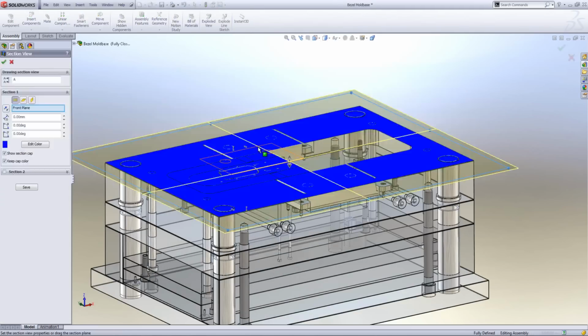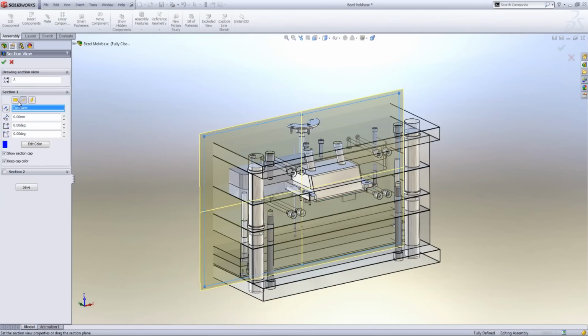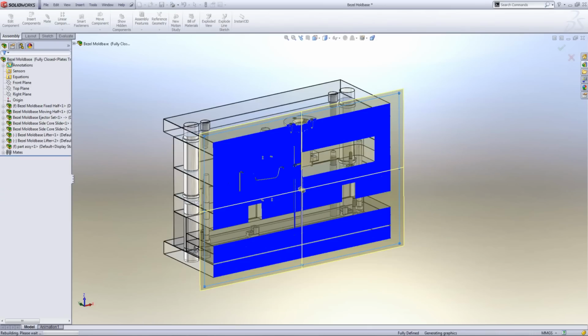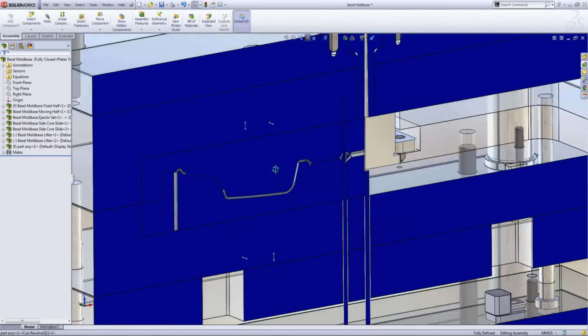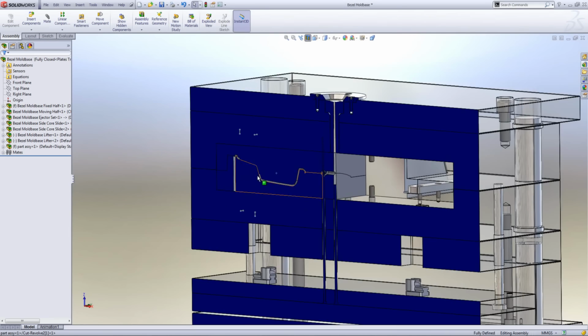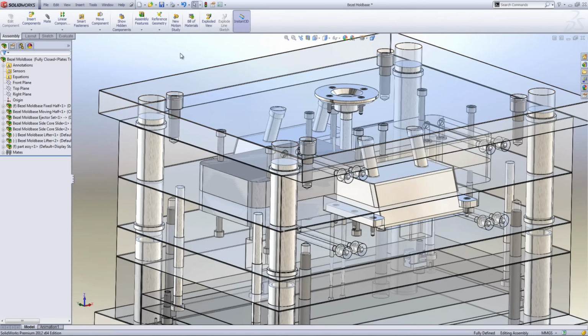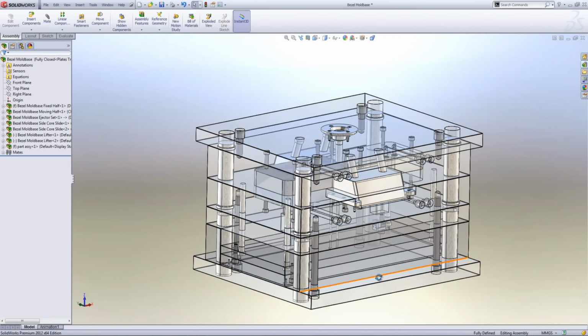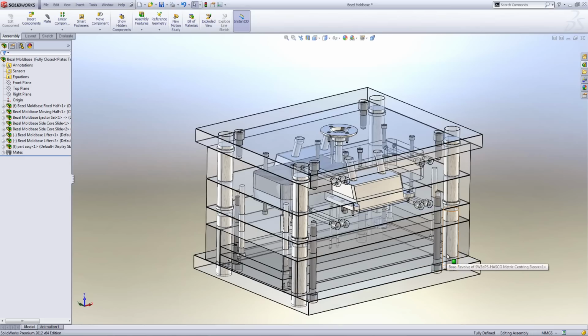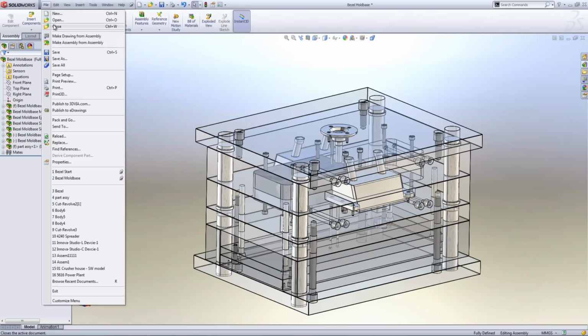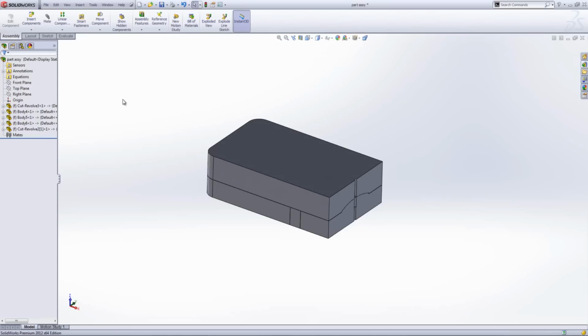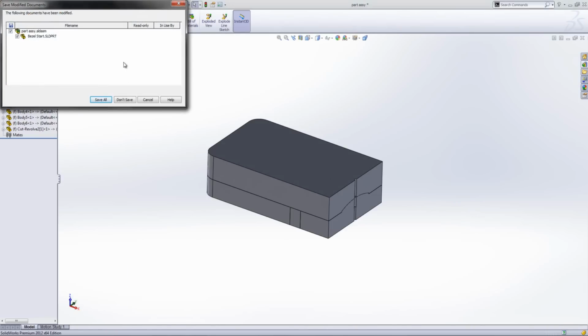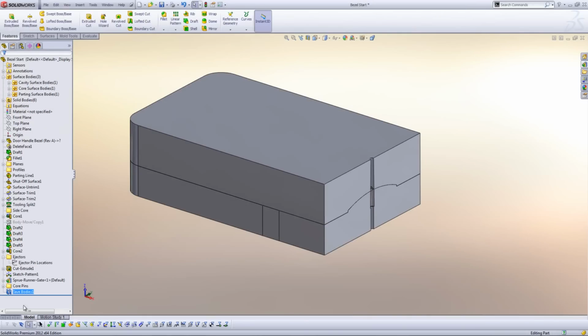So if we just section through that, and just so you can see, we've actually now got our mould in our mould tool folder. Okay, so that sort of brings us to the end of this demonstration on how we can use SolidWorks for mould tools, but there is one other thing that I want to show you as well which I'll talk about now. So I'm just going to close a few bits and pieces down, and if we just revert back to our original file here,